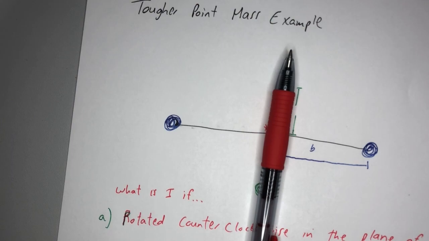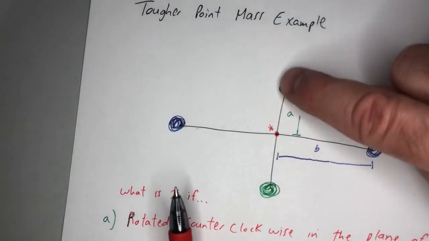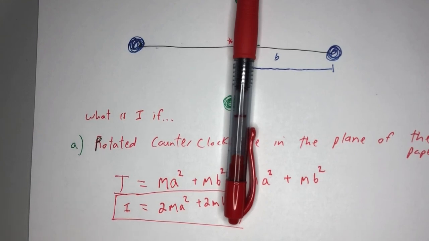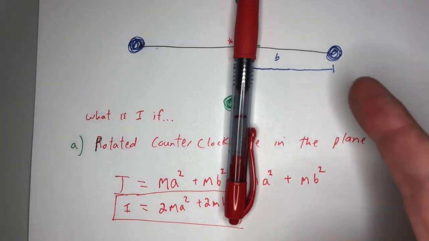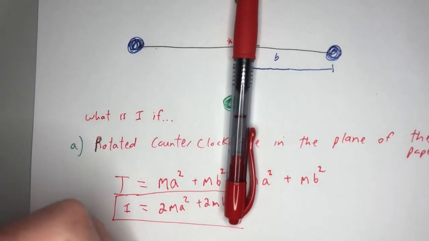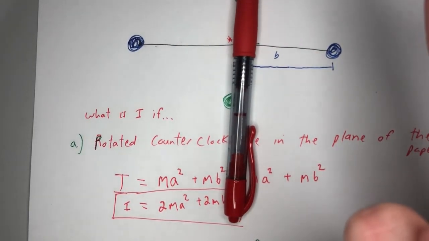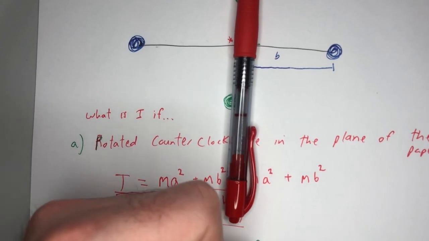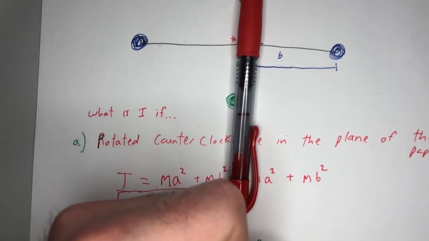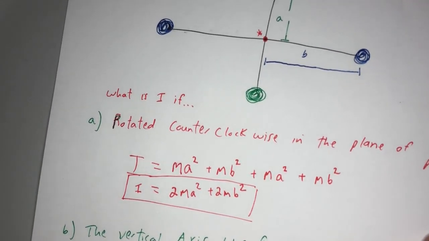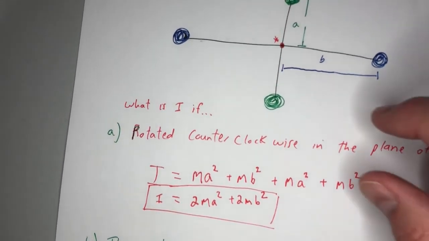So you're not trying to move all the masses, because we're going to fix it about the vertical axis right here. We just want to find the I if the vertical axis were fixed. In that case, we're going to move this one, mass times b squared. As this one moves out of the paper, this one moves into the paper, plus mb squared, equals 2mb squared. And if you look at that, you're like, oh, the moment of inertia is less. Well, that makes sense because you're not moving the green ones as well.